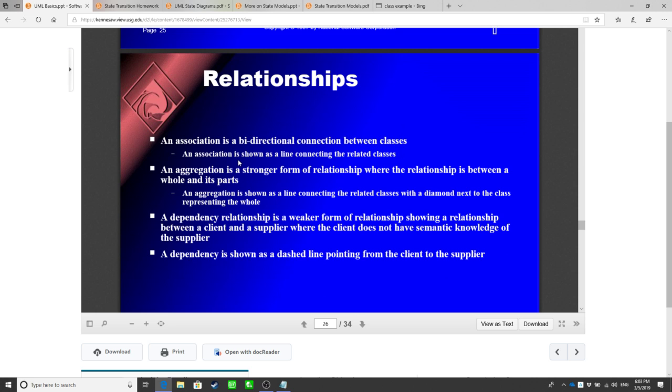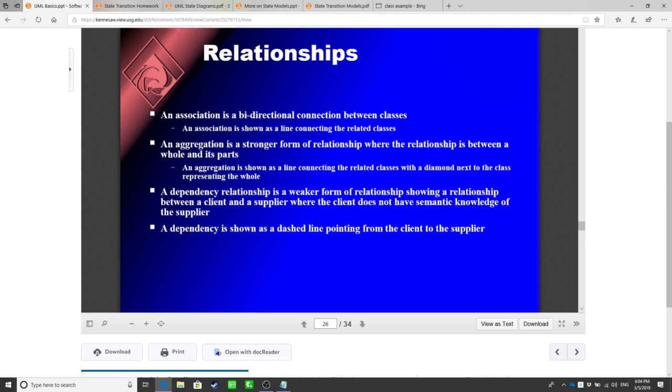So association basically means a bi-directional connection between the classes. And association is shown as a line connecting the related classes. And aggregation is the stronger form of relations, where the relationship is between a whole and its parts. And aggregation is shown as a line connecting the related class with a diamond next to the class